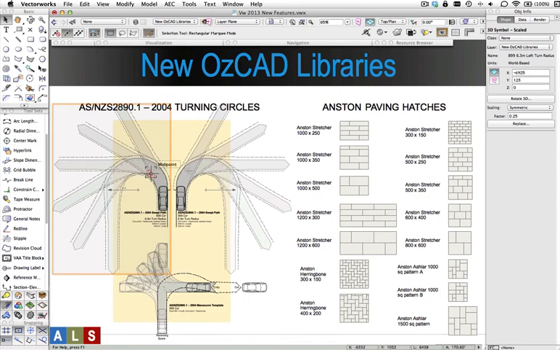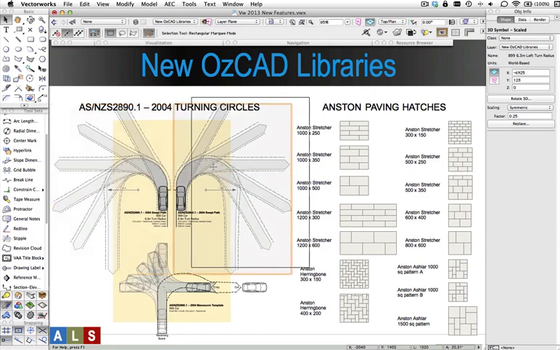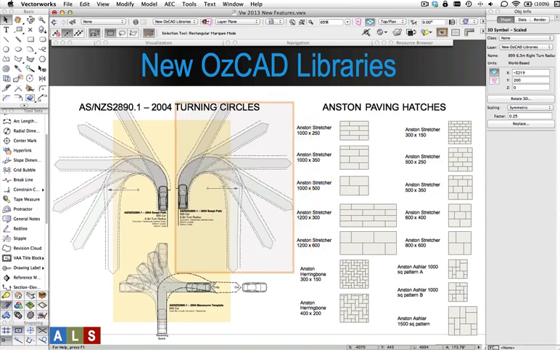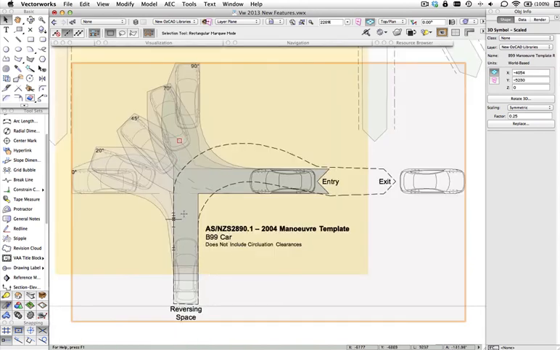You'll find these have been created so that you can place them over your driveways or turning areas, and they have transparency, so as you move them you'll actually be able to see through them and check the geometry. We have them in left and right versions, and we also have the maneuvering space here, so it's clearly set out, and